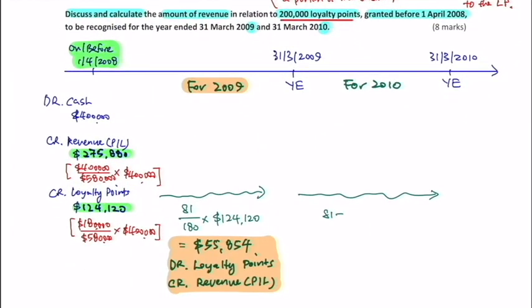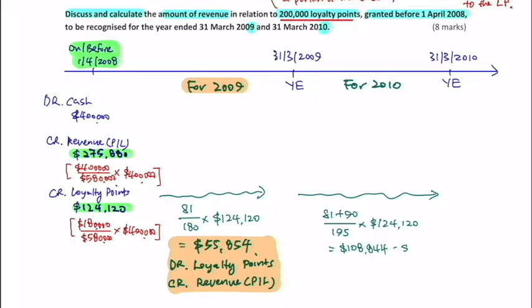81,000 points last year plus 90,000 points this year. In total, 171,000 points redeemed. Based on the latest estimates, the management think that in total there will be 195,000 points to be redeemed, multiplied by the amount of contract liability we defer over the periods. 81 plus 90 over 195, multiplied by 124,120. The amount that we're supposed to recognize to date is equals to